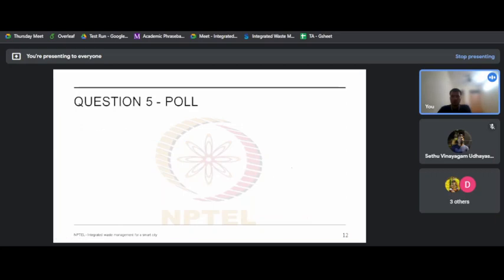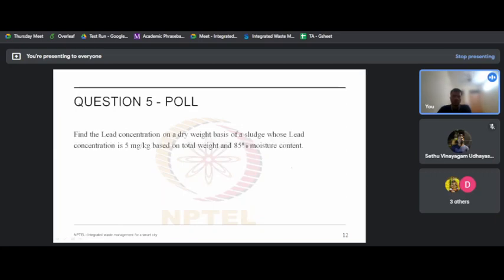Coming to the next question, that is question 5. This is a poll. Find the lead concentration on a dry weight basis of a sludge whose lead concentration is 5 milligrams per kg based on total weight and 85% moisture content. The given options are 30 milligrams per kg,